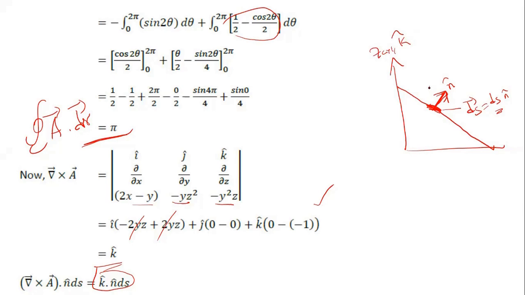So when you take a dot product with k cap here, k cap dot ds vector will be what? Ds of, what is this angle here? Let's say theta, ds cos theta, isn't it? Ds cos theta, if theta is the angle between k cap and your unit vector n cap there. So what will this information give us is that,